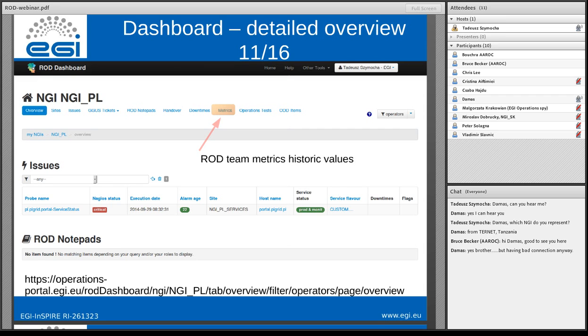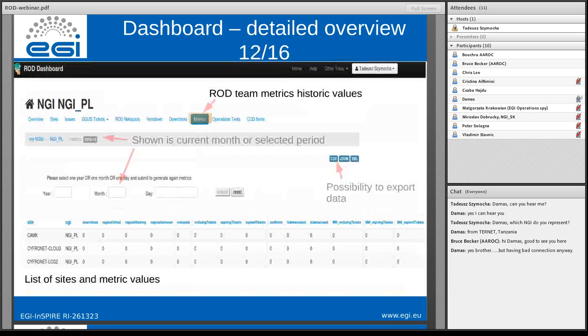Then the important tab is metrics. This is the ROD team metrics, historic values. Maybe I will show it here. When you click on this metric, you will see that in the region, in the selected period, for example for this month, or you can select a historic one, you can see for each site various metrics like number of downtimes, not just criticals, warnings, expiring tickets, and so on. And some of them, like expired tickets,